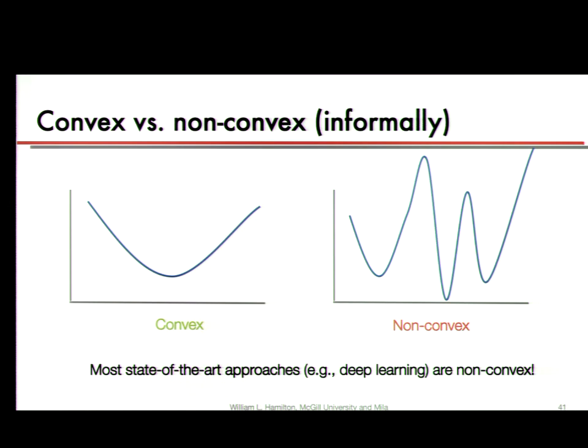So a convex function is a nice function like this, where we always are coming down to this one point here, whereas a non-convex function has a whole bunch of squiggles. It's a very rough, crazy landscape. And you will often hear people, when they're describing machine learning models, especially more complicated ones, using the term loss landscape. What they mean by loss landscape is how rough, how crazy, how squiggly this loss function is. So ideally, what we want are really smooth, easy to optimize loss landscapes, but sadly that's not